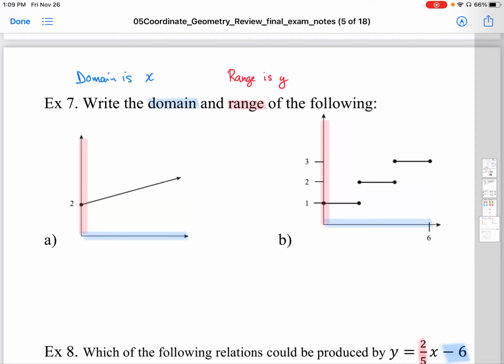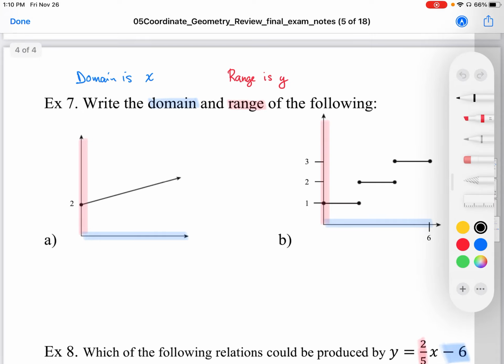So here we're asked to write the domain and range of the following graphs. The domain is x and the range is y. Looking at the domain of the first function, the domain is going to be along the x-axis. So it looks like here it starts at 0 and it just continues on forever, and it takes on all values of x from 0